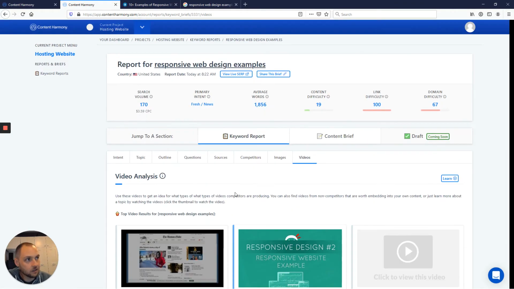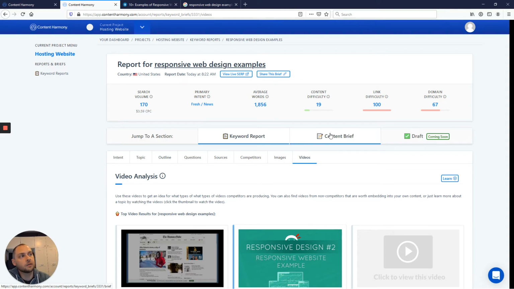So that's all of our data tabs, and you can see, I've been talking through this, so I've probably spent a little more than 10, 12, 15 minutes talking through it, but in reality, we can get through the actual study of these tabs when you're just working by yourself in maybe 5 minutes. Most of the time is spent on any extra additional analysis you want to do on specific competitors or sub-keywords and things like that. Most of the research time is what we're cutting down a lot with on Content Harmony,